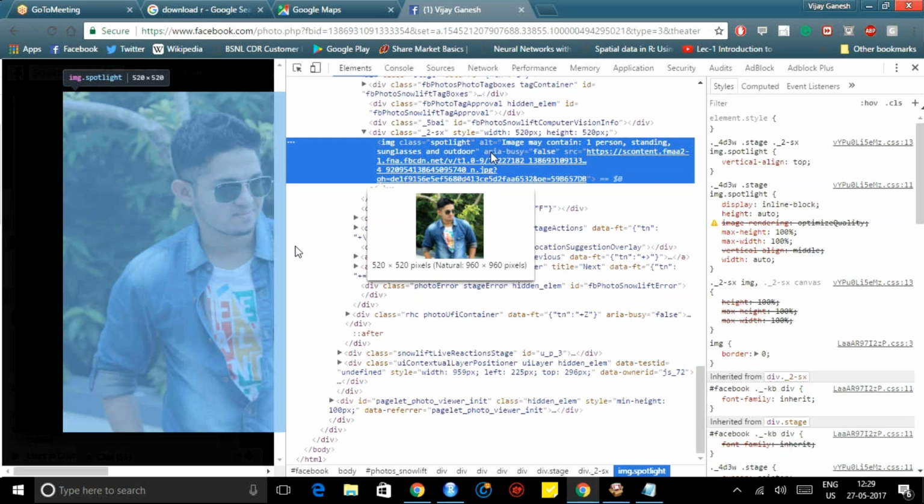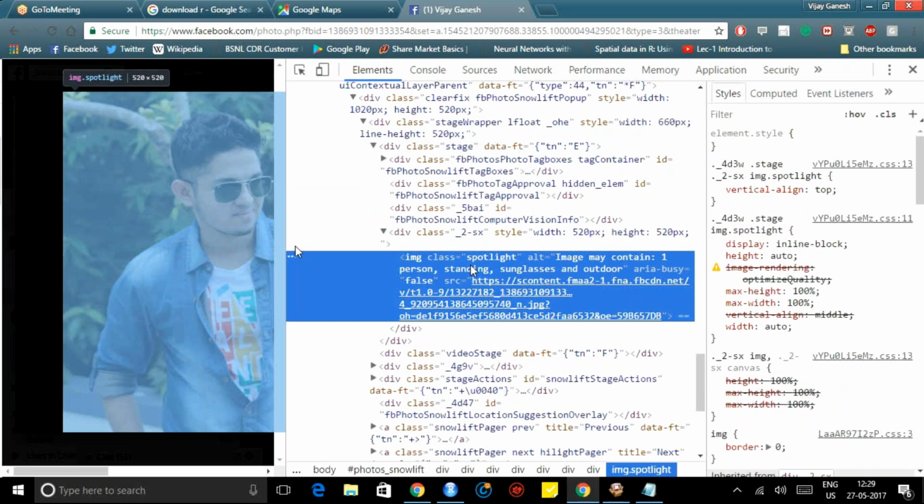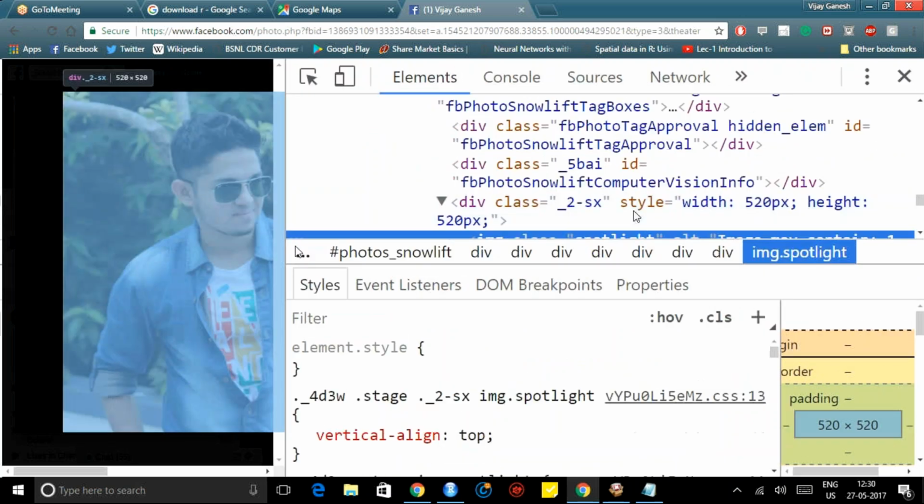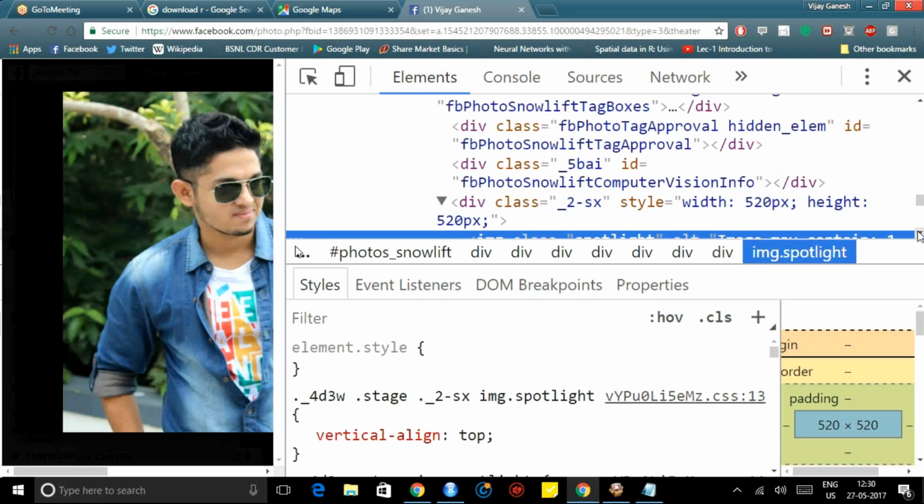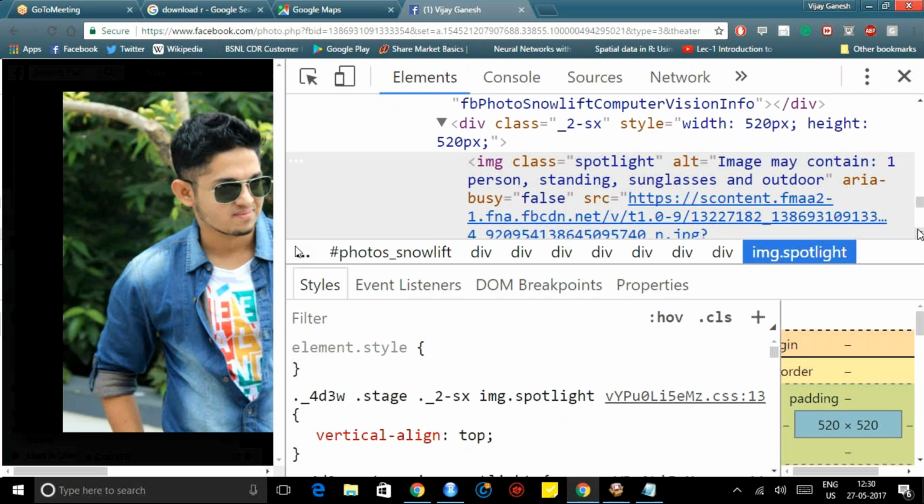Whatever image you have, you can go and try this in any of your photos. It is automatically getting tagged: image may contain one person standing, sunglasses, outdoors. For example, if four people are wearing sunglasses, it tags that.